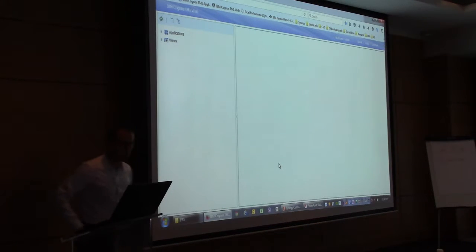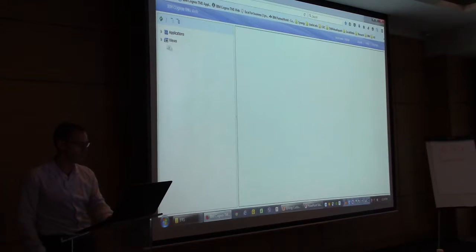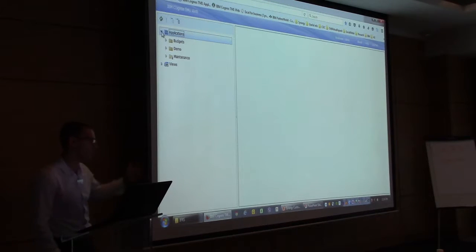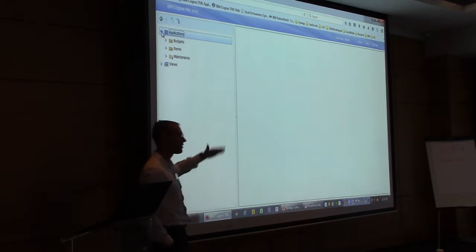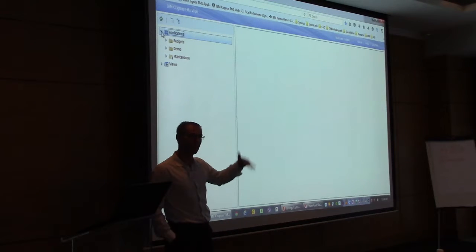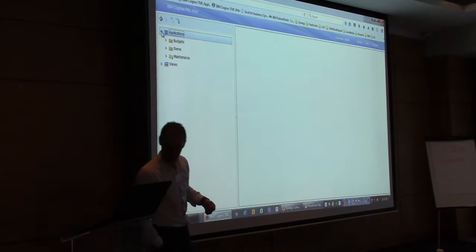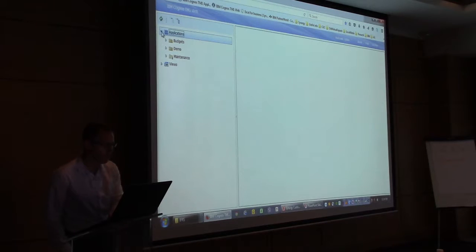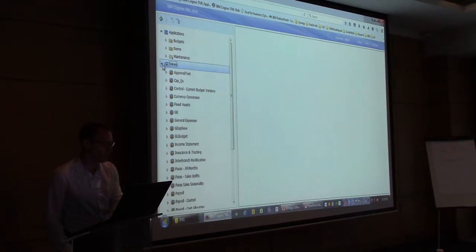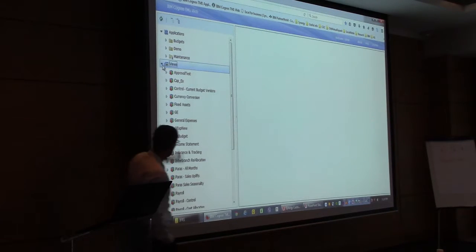So in TM1 Web, you'll see that those application folders at the top are very much the application folders that you have when you log into Server Explorer. That's normally where you've put your shortcuts for Q views and Excel reports, etc. Then further down under views, you've got all of your different cubes that you've got permission to access.